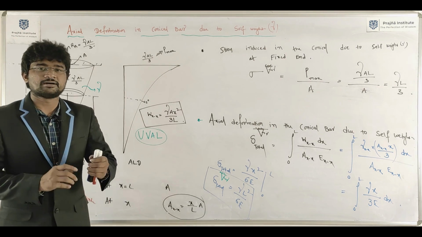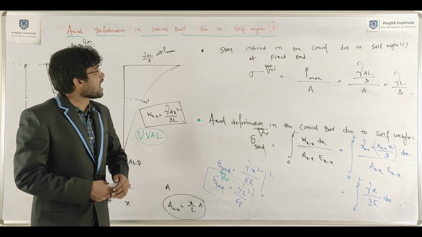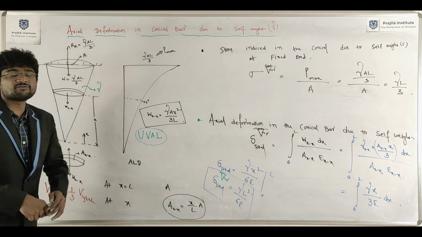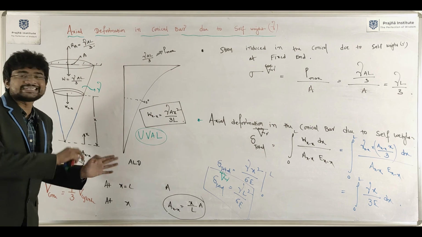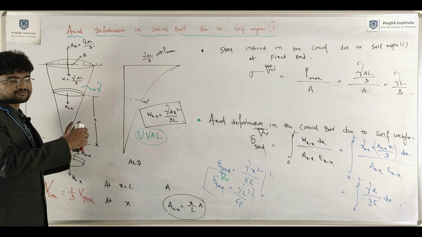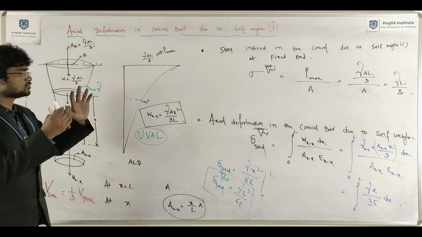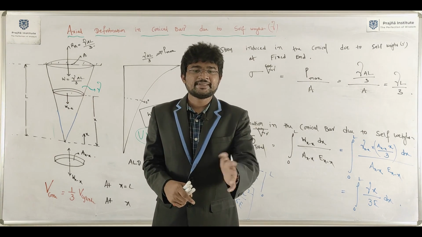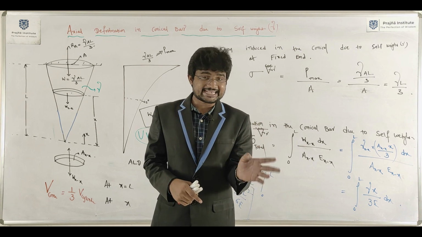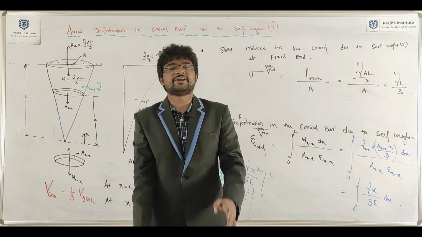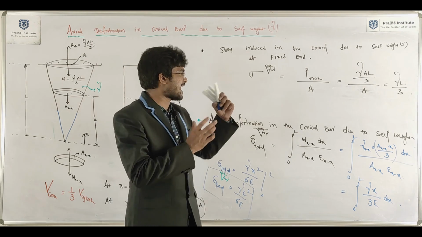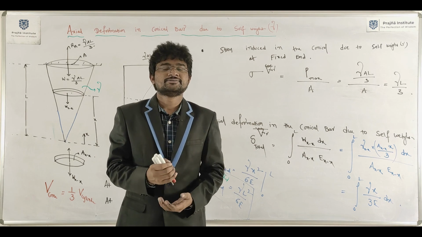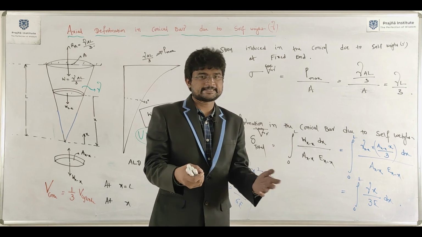Now we need to compare both the static loading and due to self weight. After that we can combine both the effects to determine axial deformation in the bar, which is subjected to static axial loading and self weight. Both are considered, to determine the axial deformation and stress induced at a particular cross section. We can discuss in the next class.